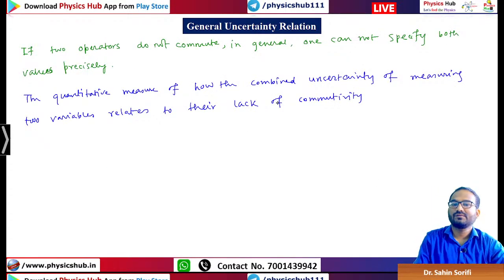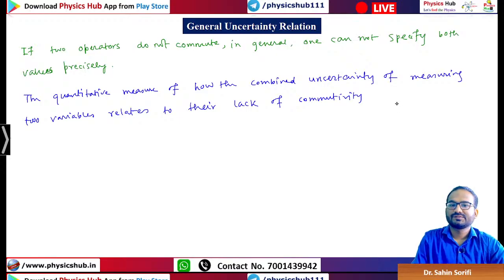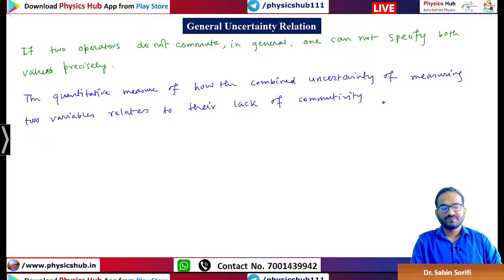The quantitative measure of how the combined uncertainty of measuring two variables relates to the lack of commutativity: because they do not commute, there will be uncertainty. If they commute, there will be no uncertainty. You know, commutation of x, px is i h cut, which is not 0. That is why there are uncertainties in measuring x and px. So how does the combined uncertainty relate to their lack of commutativity? It is most simply represented as,